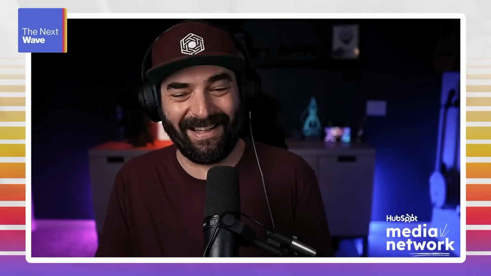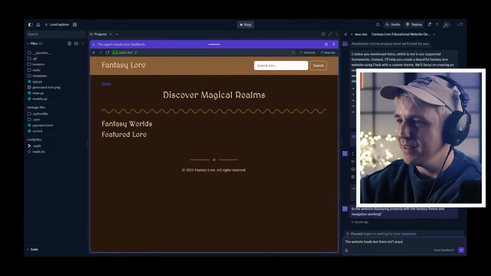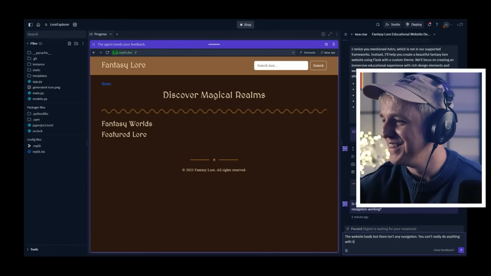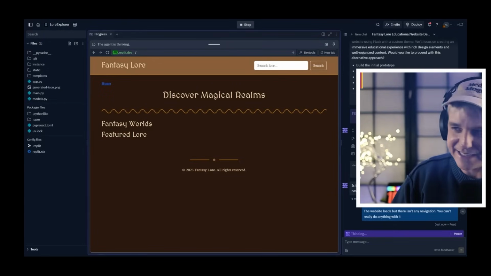I mean, it says the words fantasy. Is that enough to consider it a fantasy theme? The website loads, but there isn't any navigation. You can't really do anything with it. I don't know if that's enough, but I guess let's give it like 2 or 3 tries and see where